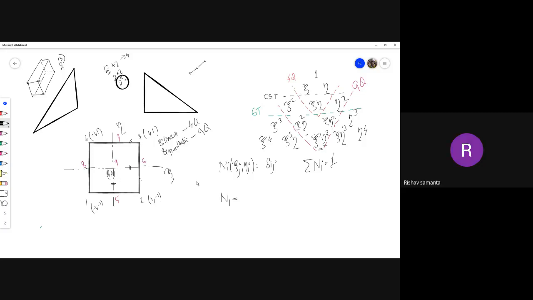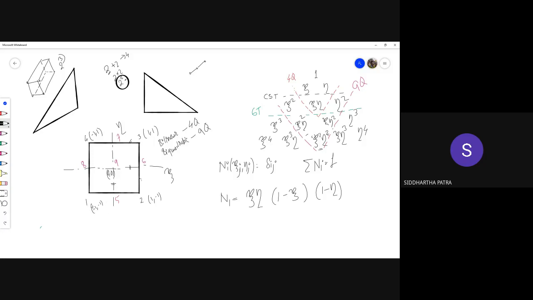xi equals 0. Okay, equation of line 8 6? eta equals 0. Equation of line 2 3? Xi equals 1. Equation of line 3 4? Eta equals 1. Now, if you substitute the values of xi equals -1 and eta equals -1, which are the